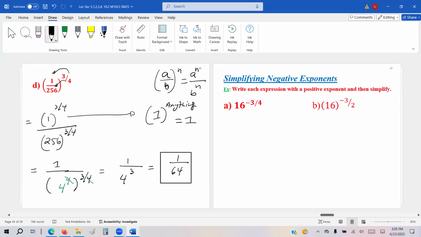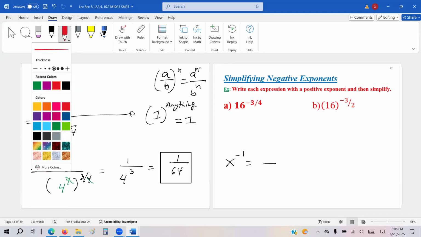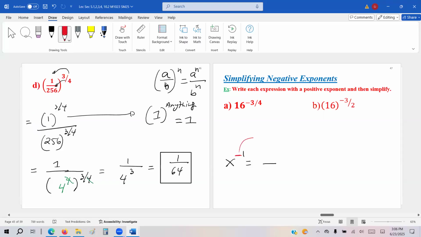Okay. Now negative power. For negative power, it's the exact same thing. There's only one difference, negative times fraction. The rule is, if you have x to the negative 1, anytime you have a negative power, it turns into a fraction. So this negative sign alone, let me change the color to red, turns into 1 over. Whatever remains, you put down, which is simply 1 over x.